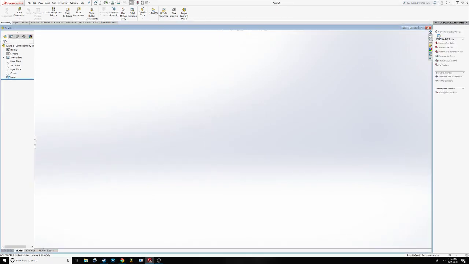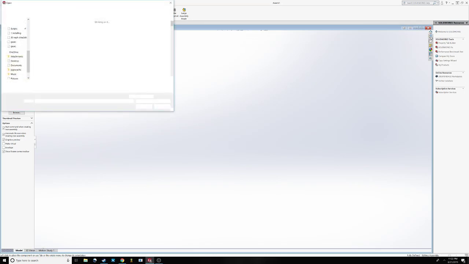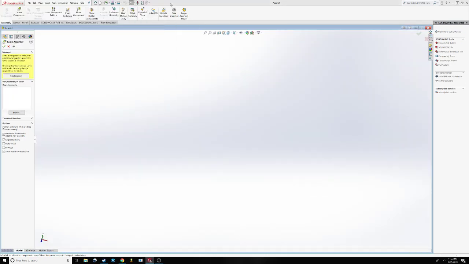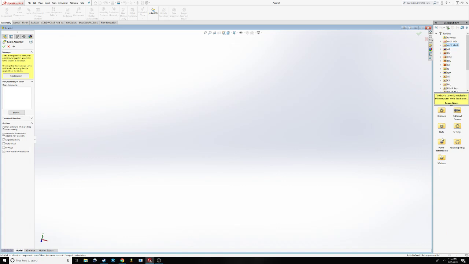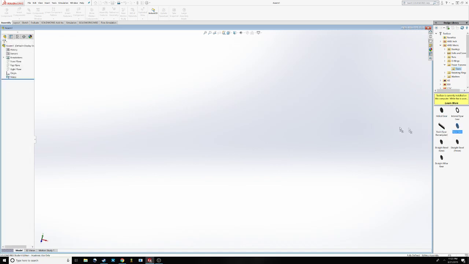So now that we have those, we're going to want to hit the library button. And that'll allow us to hit Toolbox up here, and then we'll have ANSI inch or ANSI metric. I'm going to use the ANSI metric, just what I'm used to. And for our gears we'll go to Power Transmission and then Gears. So they got helical gears, spur gears, gears of every kind, but we're going to use spur gears. So we'll drag one in,